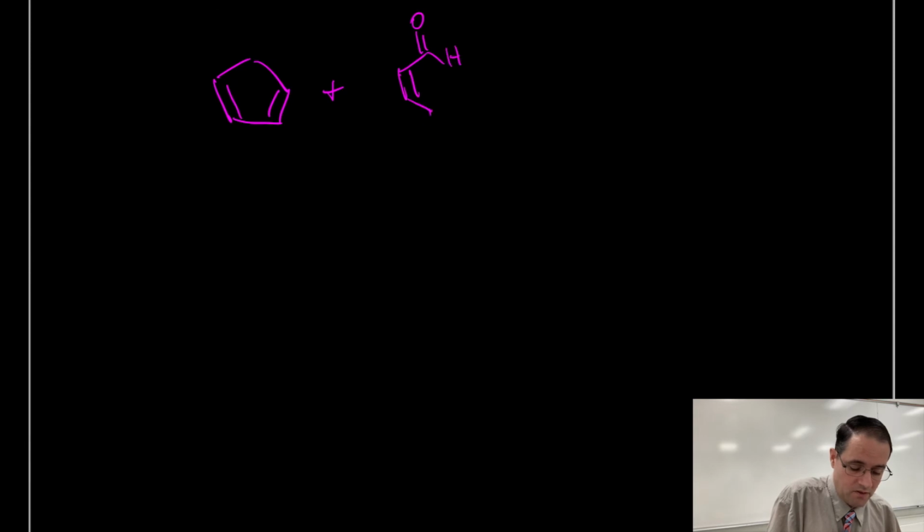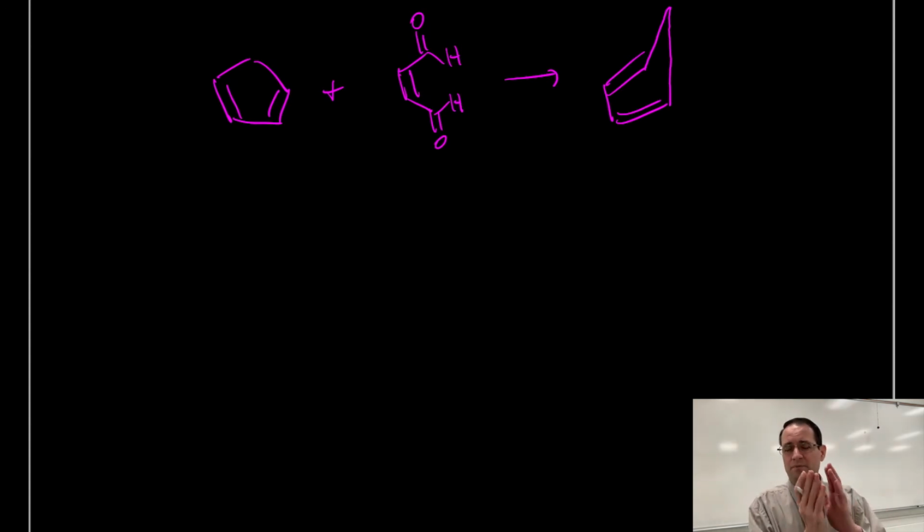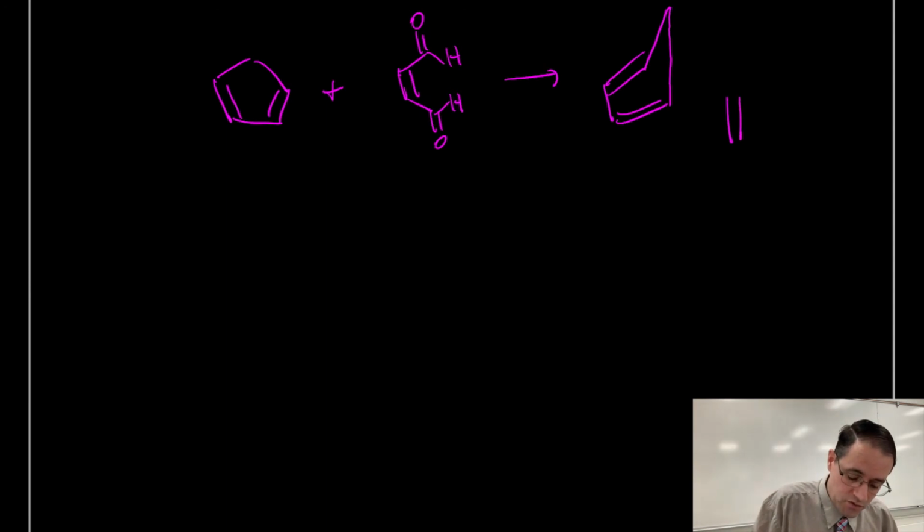Now, if you have, so again, let's summarize what happens. If you have this and you have a cis dienophile, okay, one way to figure out how to draw things is to draw your cyclopentadiene as though it was an envelope with the flap sticking up. And then what you want to do is draw your cis dienophile here,